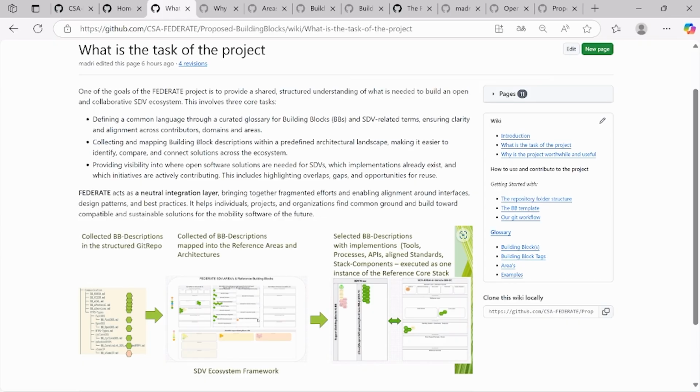And at the end, you should be able to take some of these building blocks, bring them together, compile them, build them together, and execute one instance of a reference core stack, let's say, with a tool chain and with some processes and APIs, whatever is aligned. So in general, this FEDERATE should act as a neutral integration layer, bringing together fragmented efforts